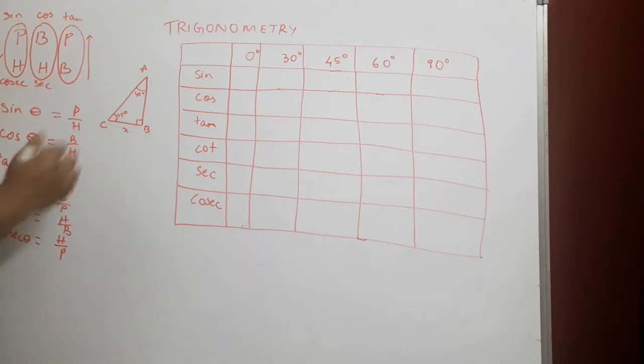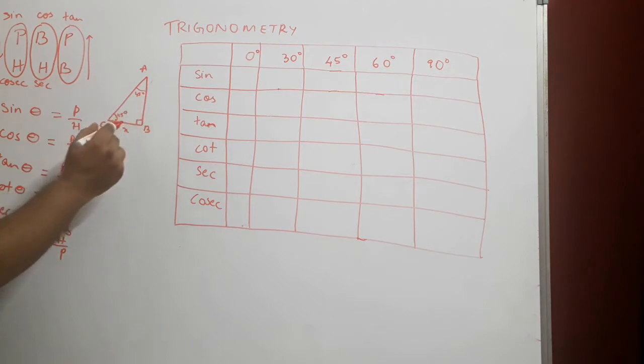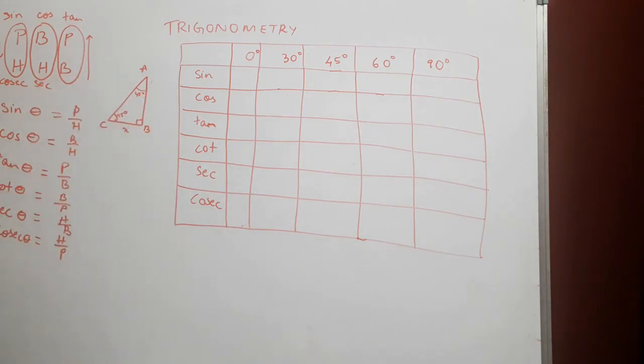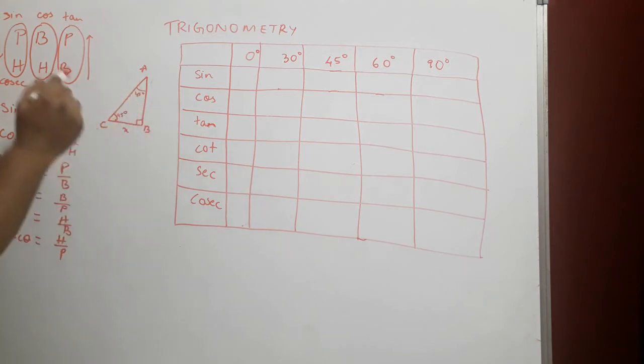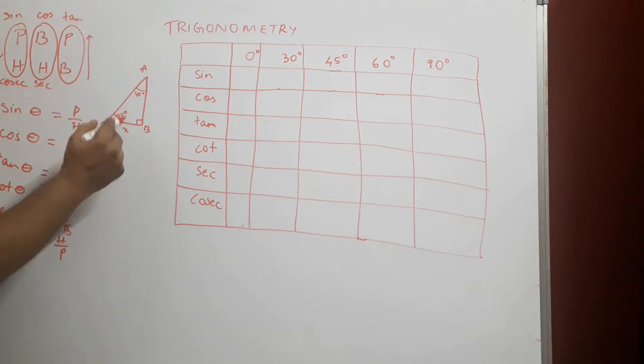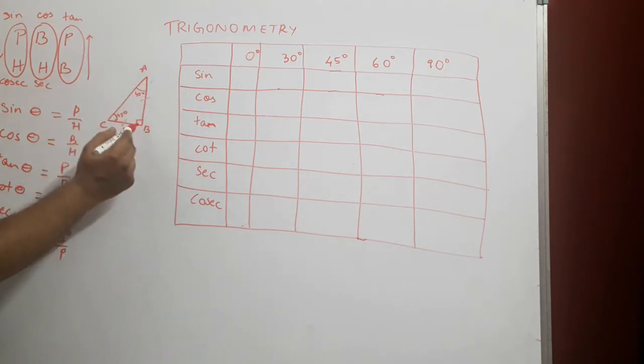So when two angles in a triangle are equal, it suggests that that is an isosceles triangle. What is an isosceles triangle? In an isosceles triangle, two angles are equal or two sides are equal. But when two angles are equal, we can easily say that the sides opposite to them are also equal, which means that AB is equal to BC, and we have assumed BC is equal to X.